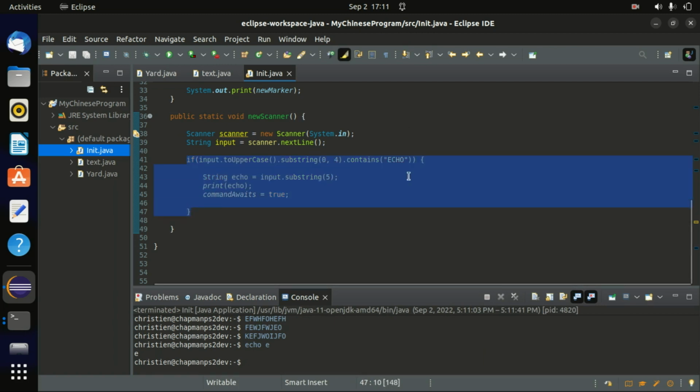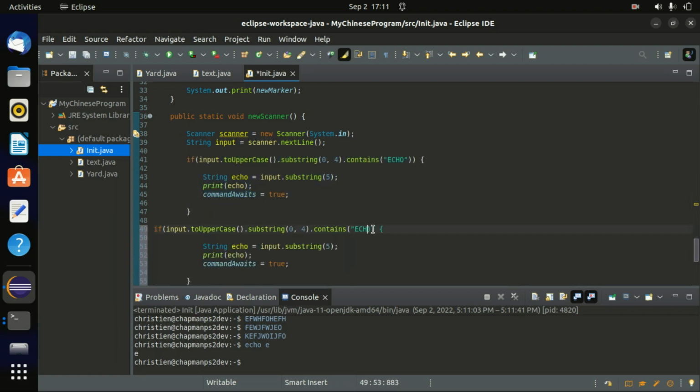So let's make another command. And by the way, if you're wondering, you just learned how to do an iterator. So this basically compares something and it runs it. So let's do weather. Let's make some fake thing that says weather. Alright, so we know that we start from 0, 1, 2, 3, 4, 5, and 6. So if we do 0 through 6, and then from 7 on, because that's going to be a space,